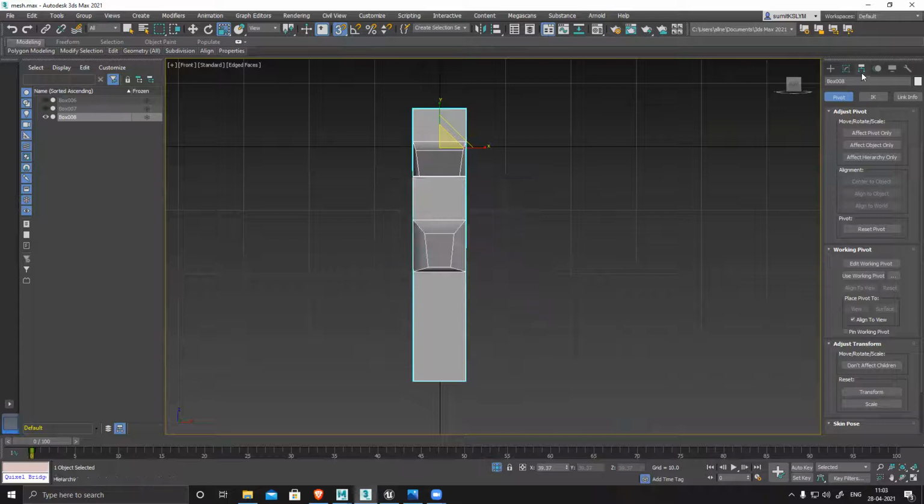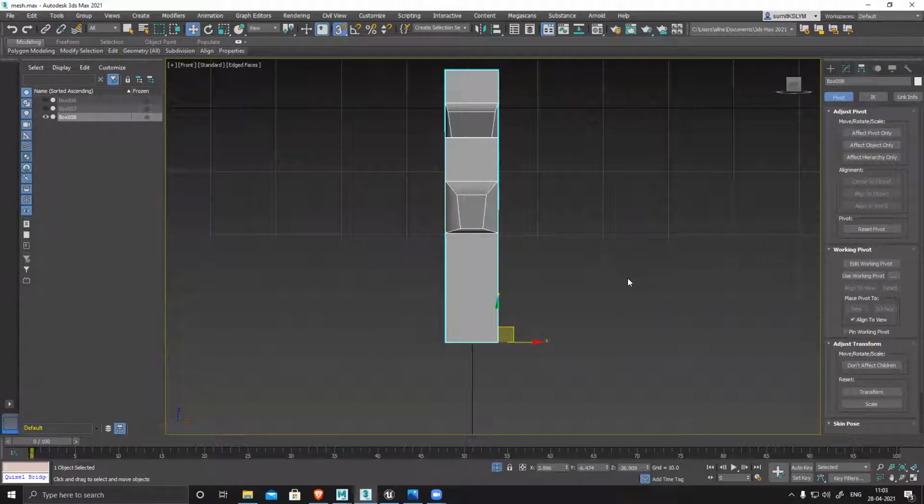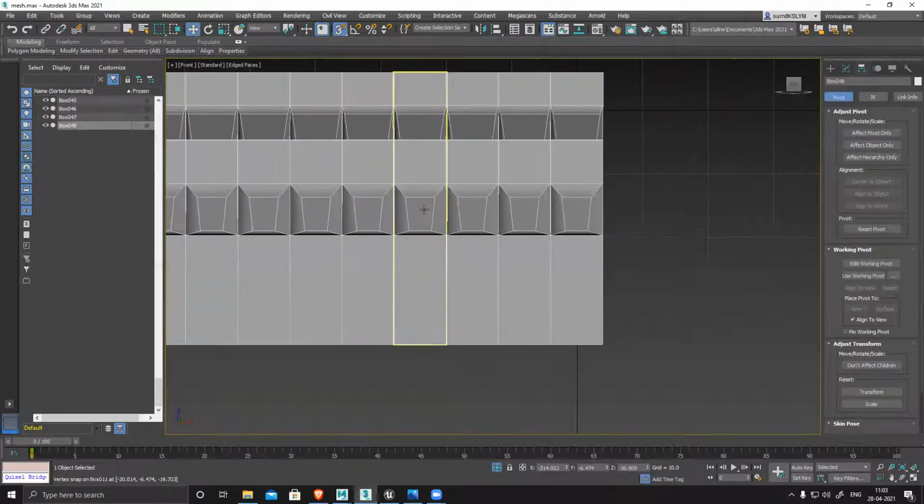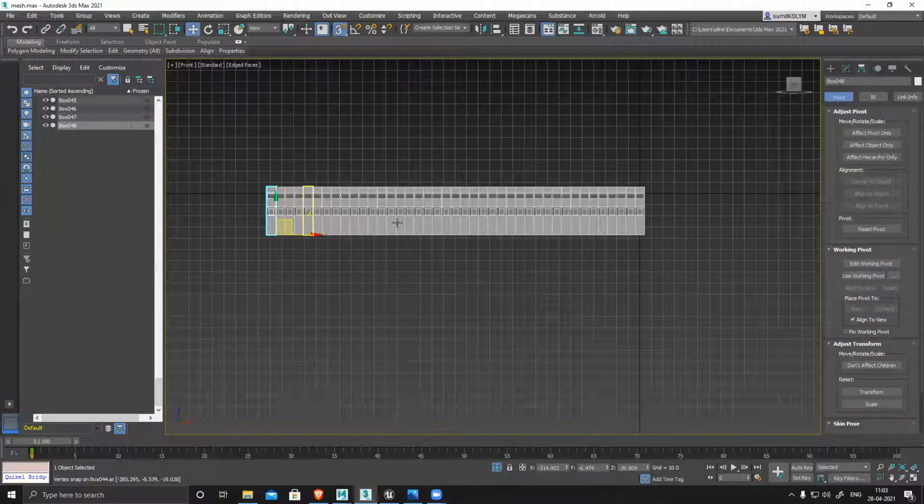Vertex snap, pivot point snap, any of the corner, shift, snap, and maybe straight line.